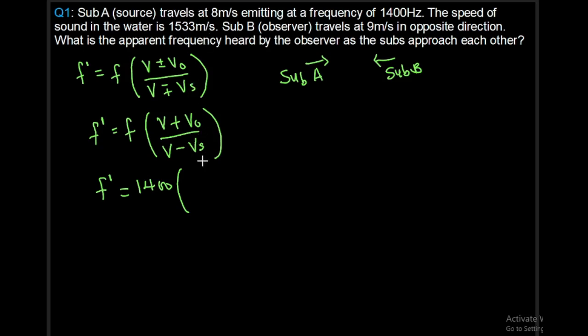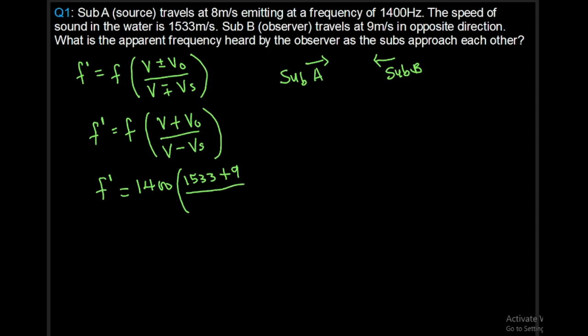Okay, so we have 1533, which is the speed of sound, plus the speed of the observer. Was the speed of the observer given to us in the question? Remember, B is the observer, it travels at this, so we have plus 9